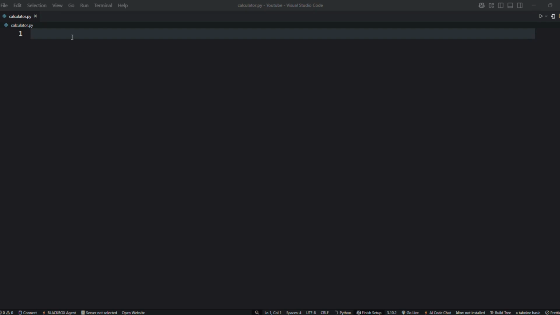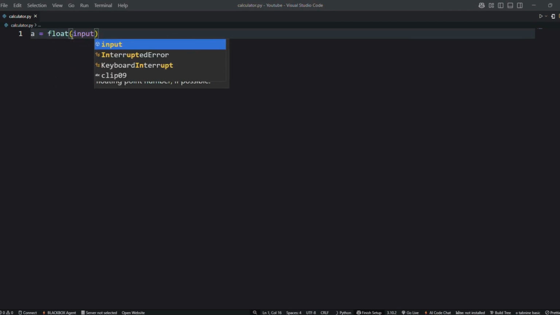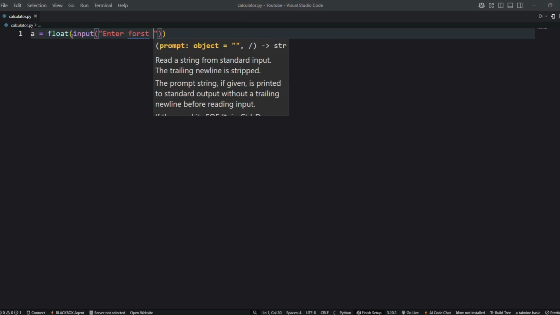Alright, let's start with a calculator. This project will take two numbers as input and then ask the user which operation they want to perform.